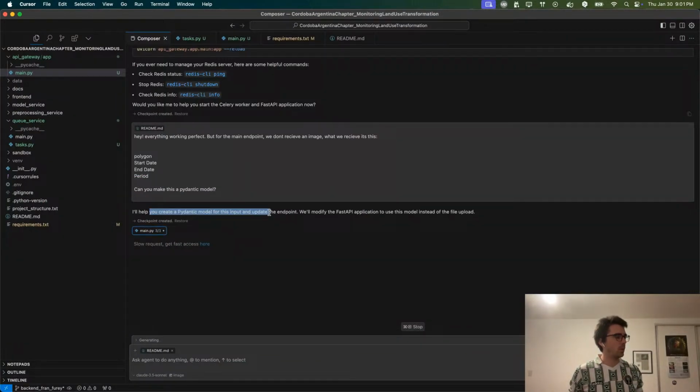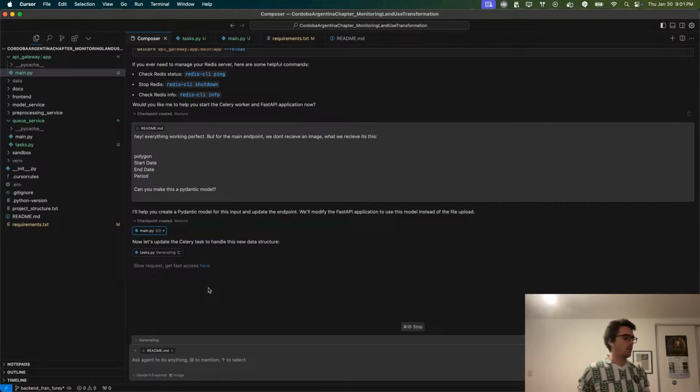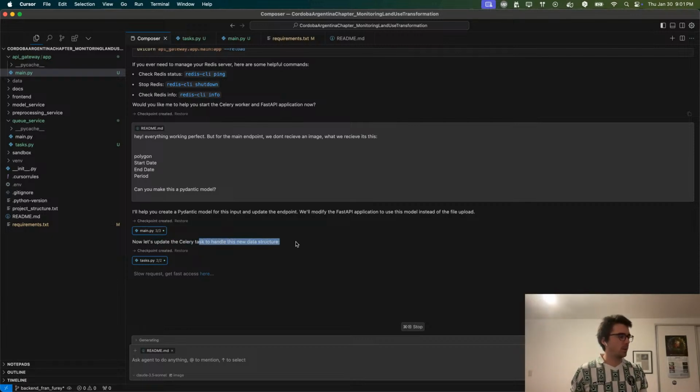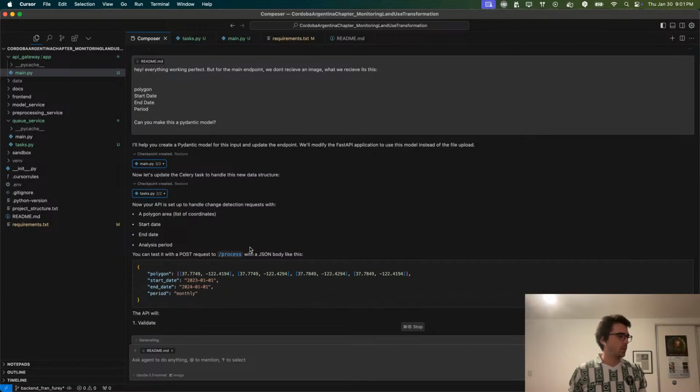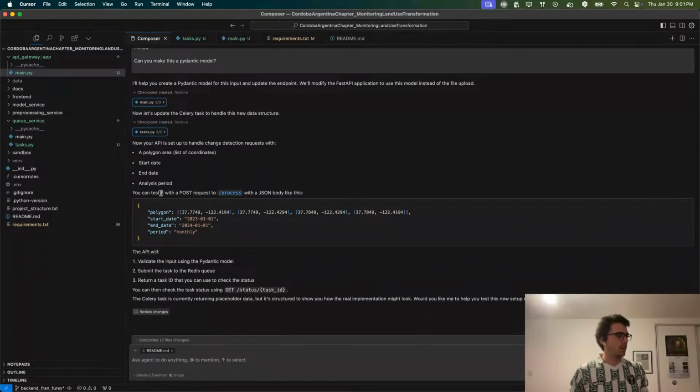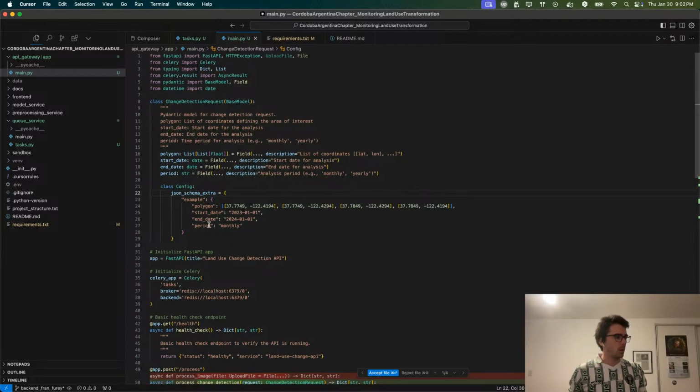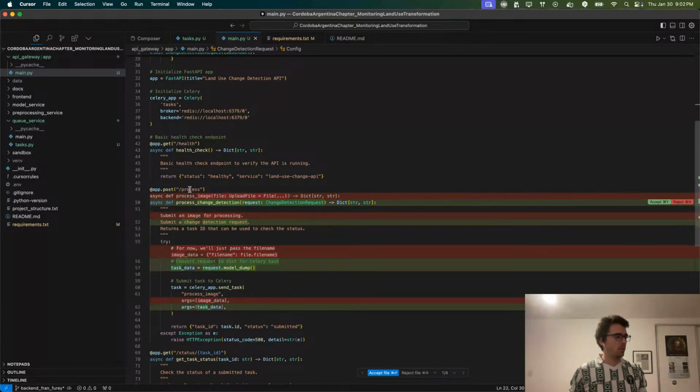So it will say, hey, I will help you create a Pydantic model and modify the endpoint. It's updating this part. Okay, now let's update the Celery task to handle this new data structure. And we can test with a post request to process. Okay, let's see. Main, okay, here is the update. Here is the class, change detection request, polygon, start date, end date, and period, and an example. And then here we have the process